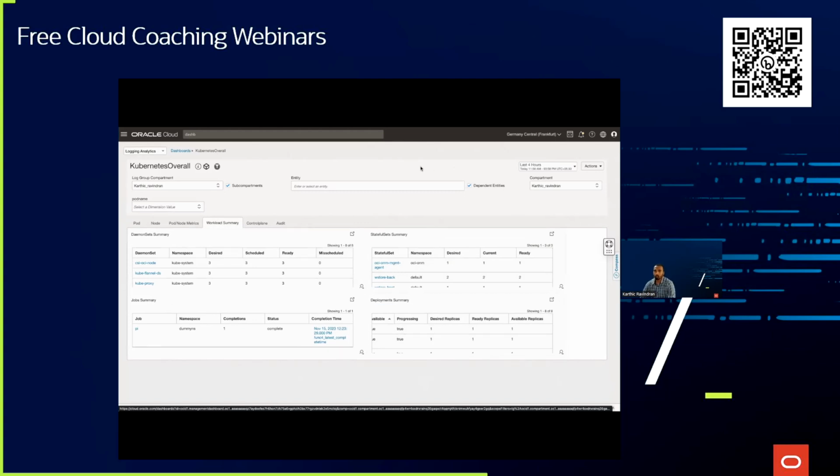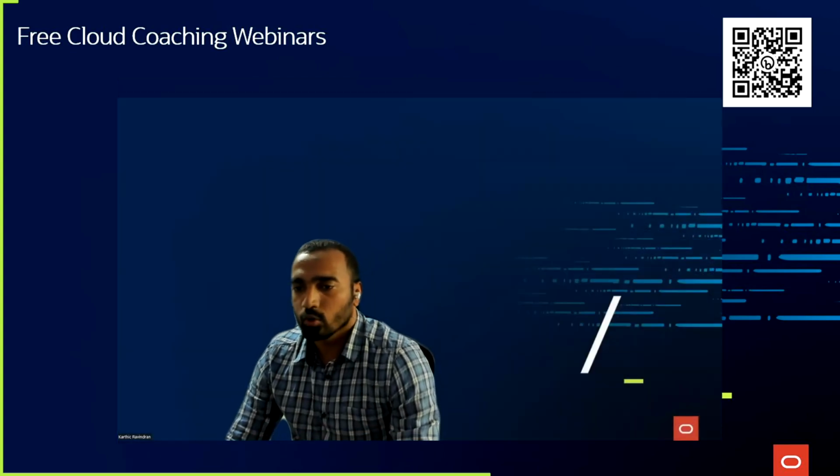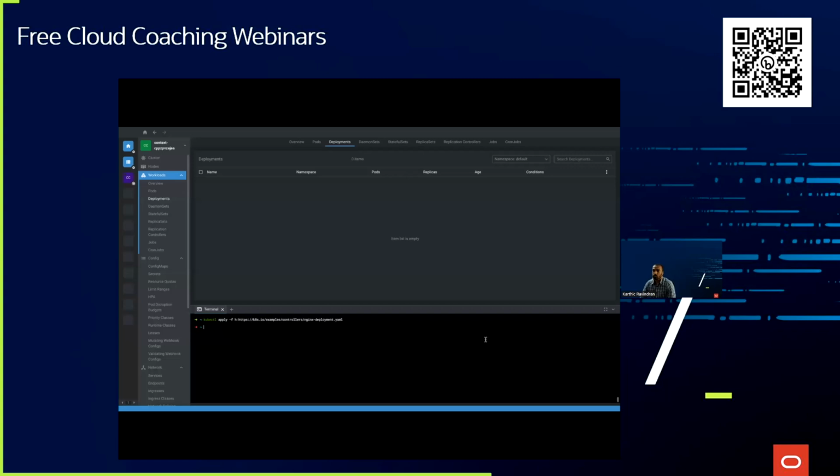Okay, so I will stop sharing and I will come back to this widget, showing you a live demo of how this is coming up in the widget. Okay, I want to show you my Kubernetes environment so that you can see that these are live and it's not a pre-built one. Okay, I want to create a deployment first. Okay,